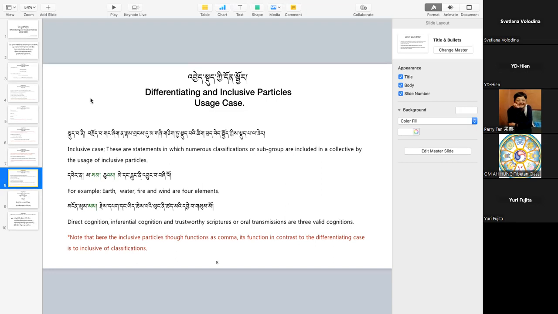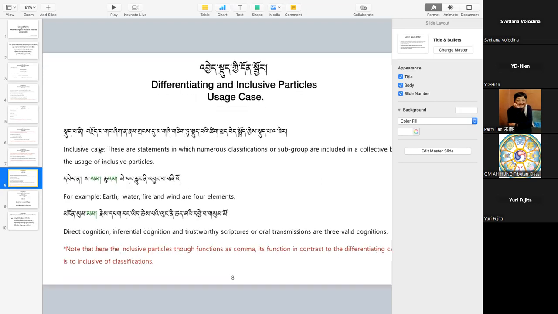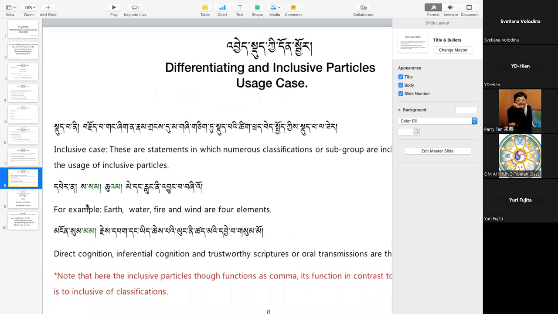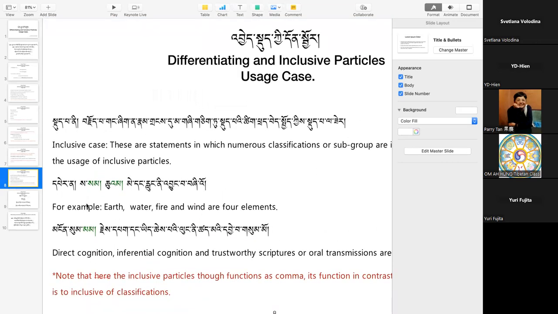That is the reason why we have so many different usage cases, because the nature of the statement is what takes the precedence, what takes the greater significance, rather than the particle itself. As we observe in this example statement, you may see that it only seems that the classifications were written before, and now we have the collective written. It only seems as if the positions were reversed.